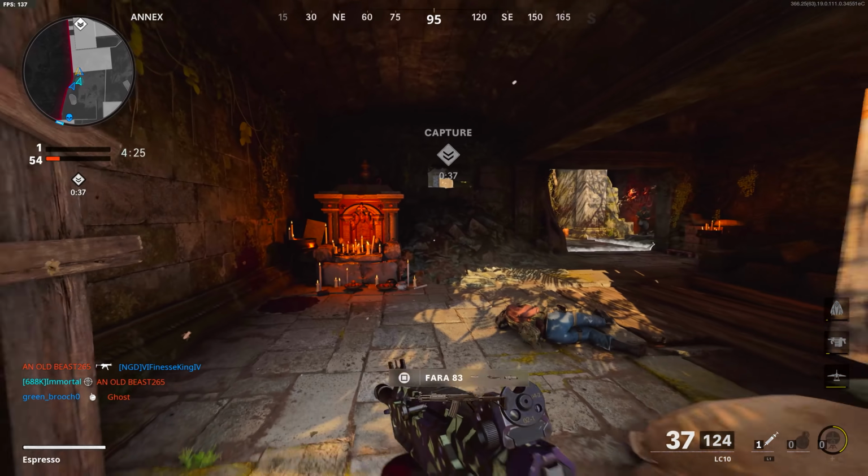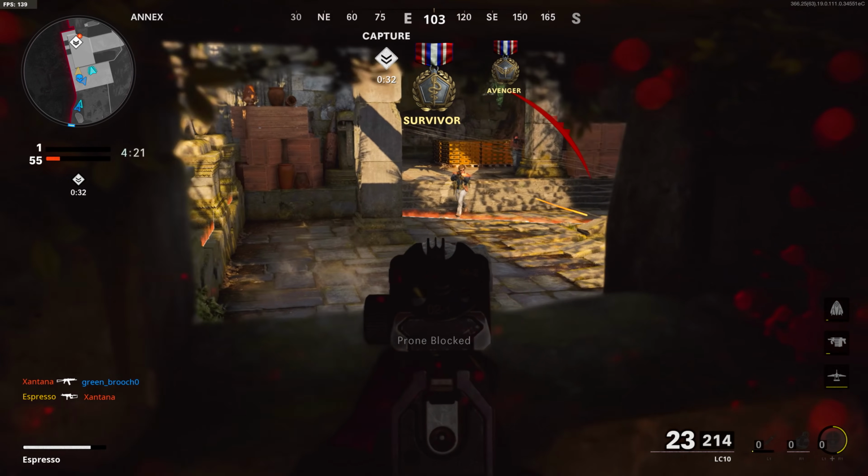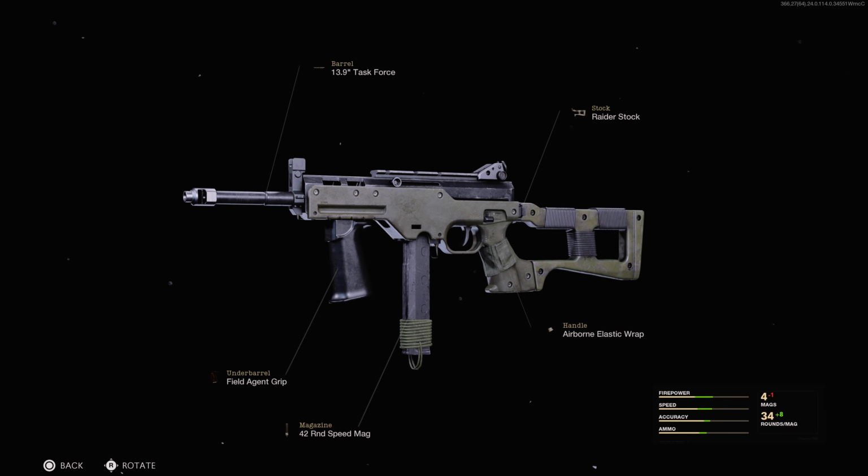The next new weapon is that of the LC-10, and truth be told, I actually really liked this one right out of the gate and still do to this day. So on the LC-10, I end up running the Task Force Barrel for an increase in the damage, effective damage range, and bullet velocity, the Field Agent Grip for an increase in the vertical recoil control and the horizontal recoil control, the 42-round Speed Mag for a 25% increase in the reload quickness,